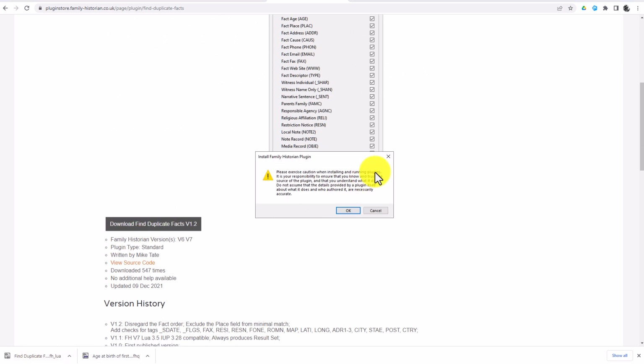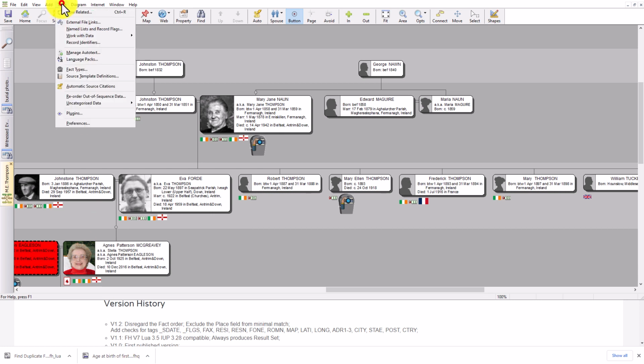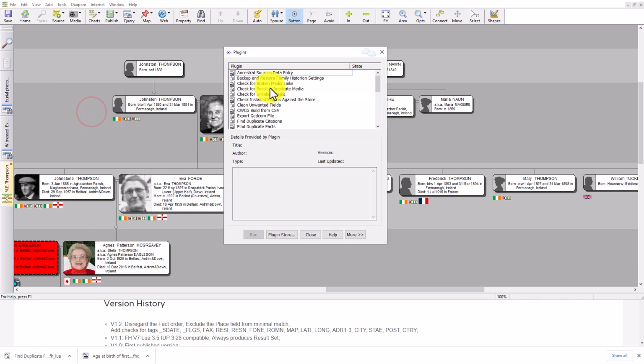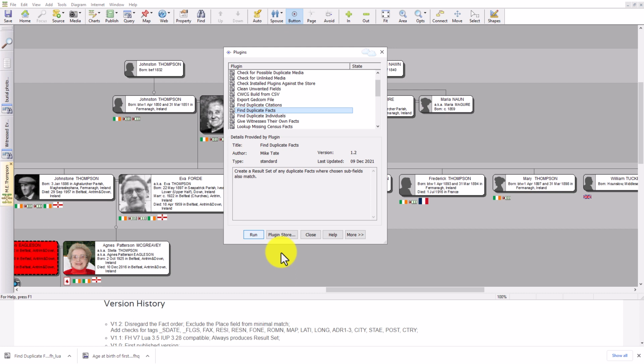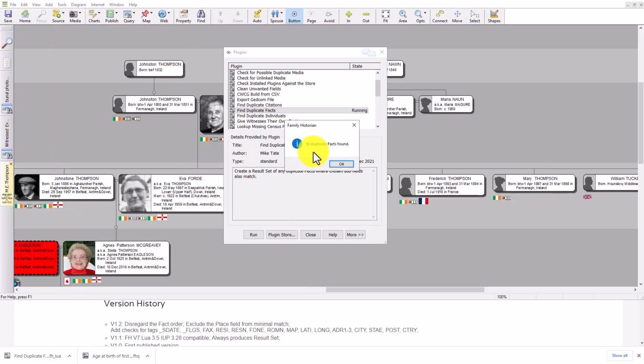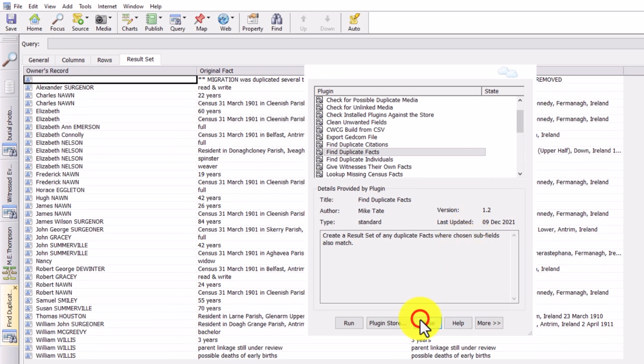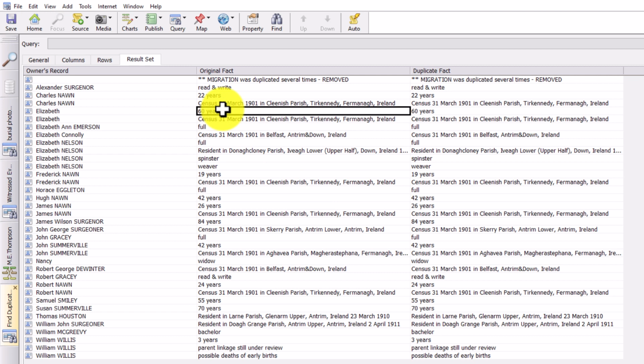Please exercise caution when installing and running plugins. That's okay. If I go back to Family Historian and I go to Tools, Plugins, here's my find duplicate facts here. And if I run that, I don't think I have any. Although this is an old Rootsmagic database, so there may well be some. I tell it what facts I want to run. Find facts. 36 duplicate facts found. And here they are. So you can see the original fact, 60 years,